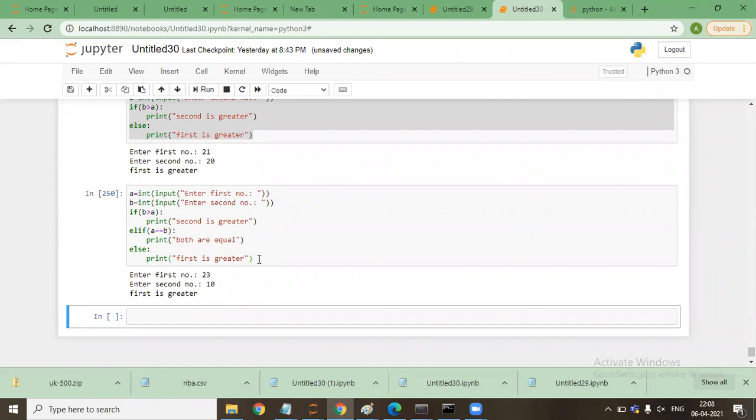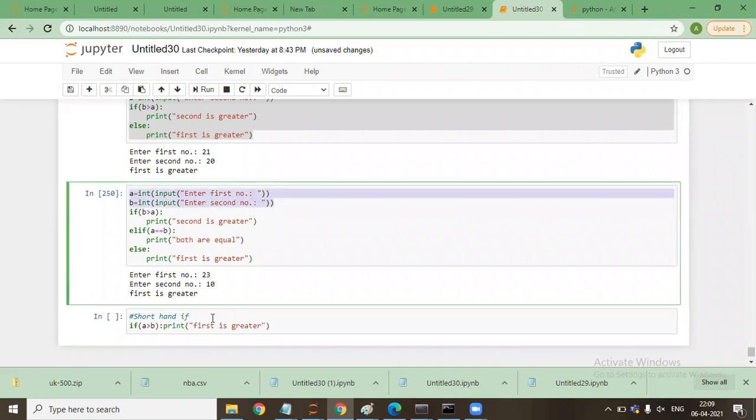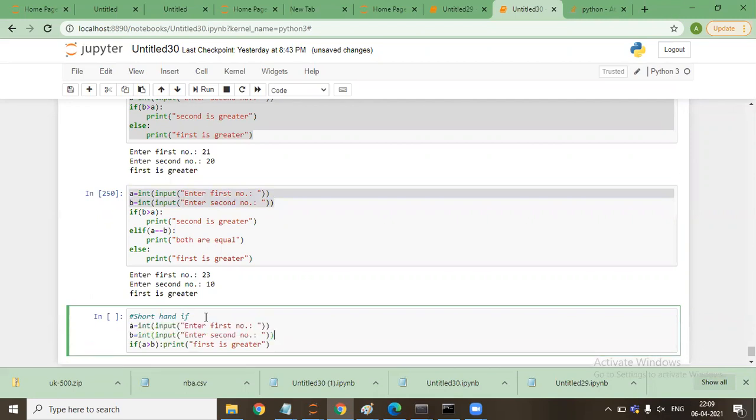Then the second is an example of shorthand if.